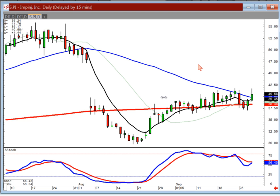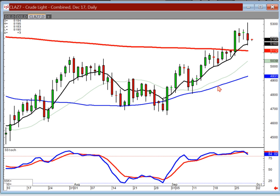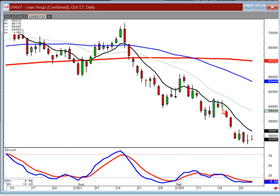I trade things like crude oil. This is what crude oil is doing, uptrend, kind of selling off a little bit over the last couple of days. I trade lean hogs. We've been short lean hogs from here, covered it here, reshorted it here. We're still short. Right now we're long